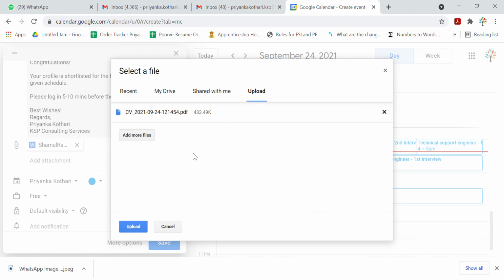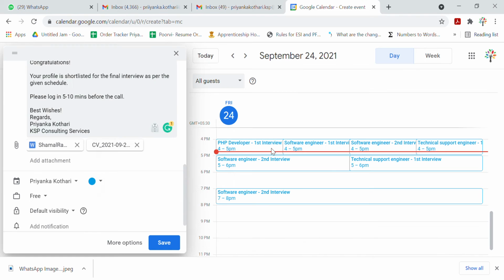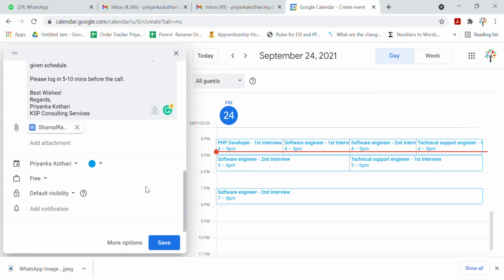Okay, when I have this file here, you have to click on upload. When I upload the profile, it will get added. I will show you. This is a sample thing that I'm trying to show you. I've already uploaded the resume. If you see here, there are two CVs attached. I don't want this, so I've cancelled it. So this is the CV. Rest everything remains as it is.